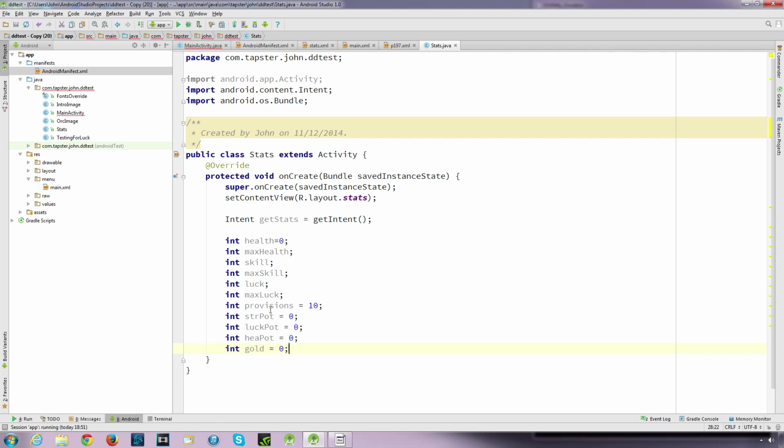We're just going to call them the same name. Again, you can call them anything you want, but for clarity, I'm just going to call them what they were. So I want to delete all these. I actually want the equal signs, I'll leave them in. So int health, right? There's our first variable we're going to collect from the data that we've passed. So if we say get stats, which is the name of our intent,